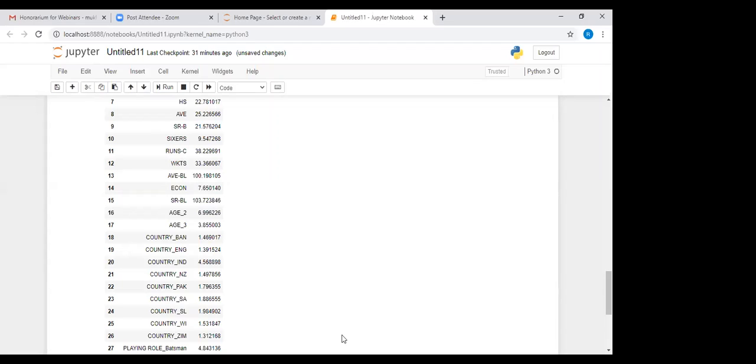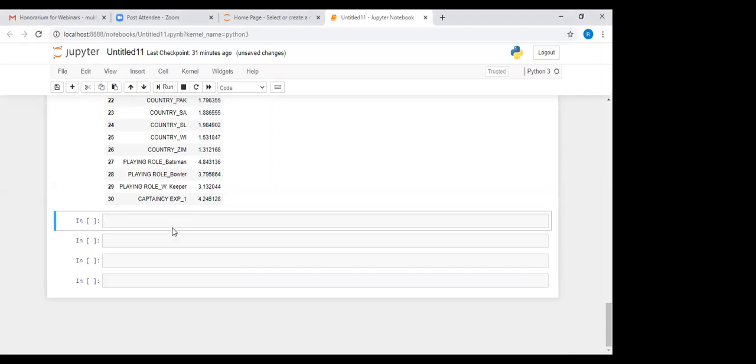So we have the VIF, and we will check the variables which have a VIF more than 4. So the columns with a large VIF factor, more than 4, we have taken.